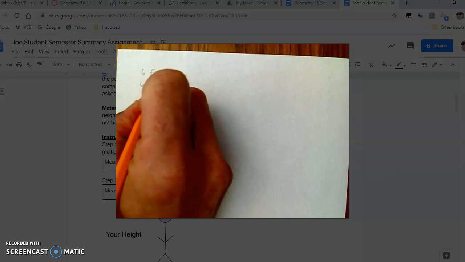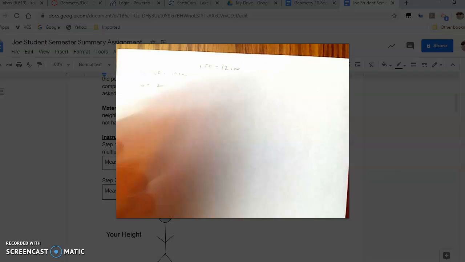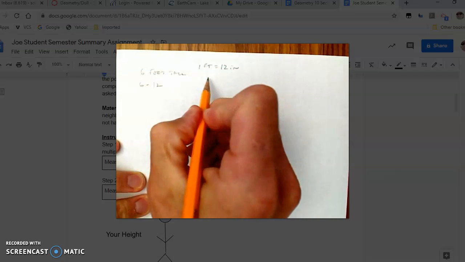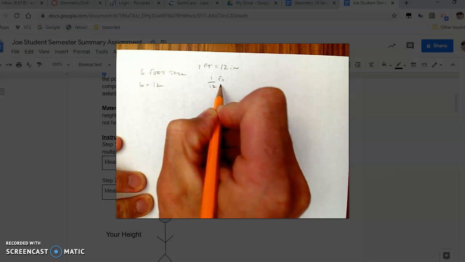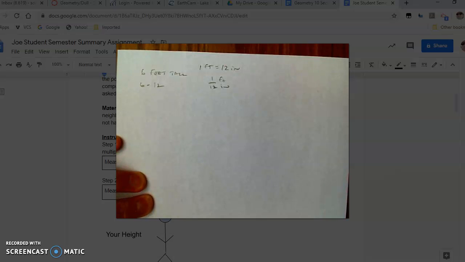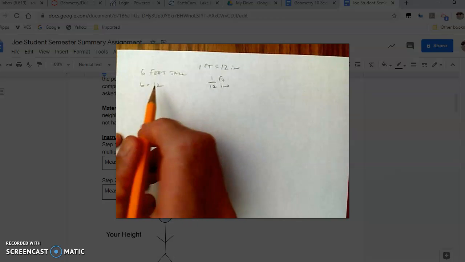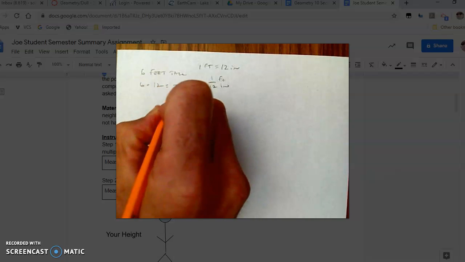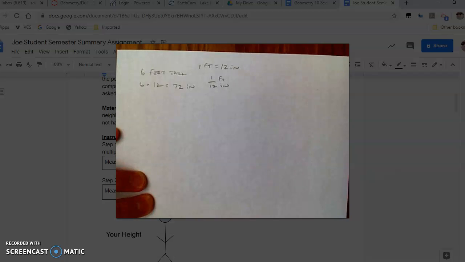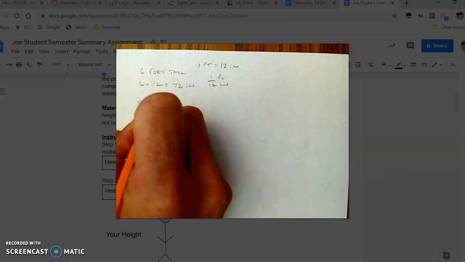How do I get from feet to inches? Well, 1 foot equals 12 inches, right? So you could think of it as 1 over 12 if we're using a scale. So 6 feet tall times 12, 6 times 12, that's 72 inches. Awesome. What if you're 5 feet 8